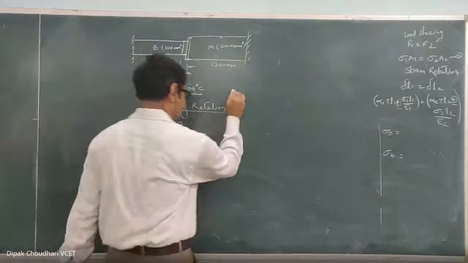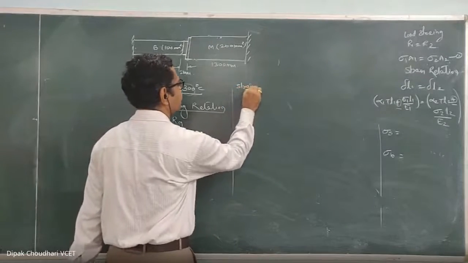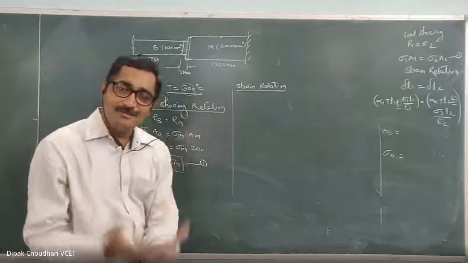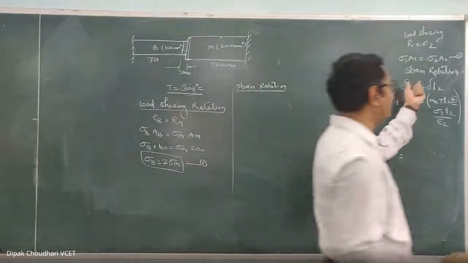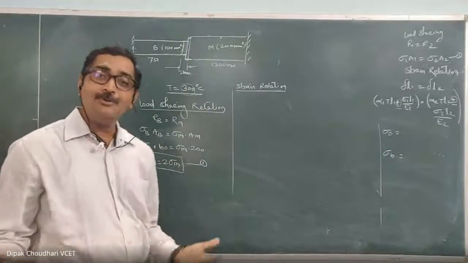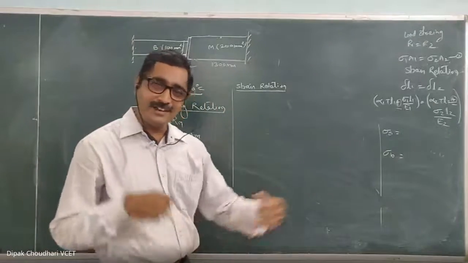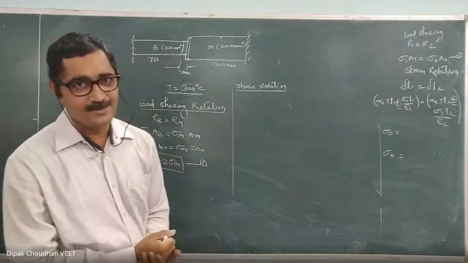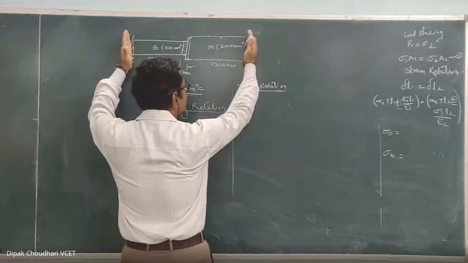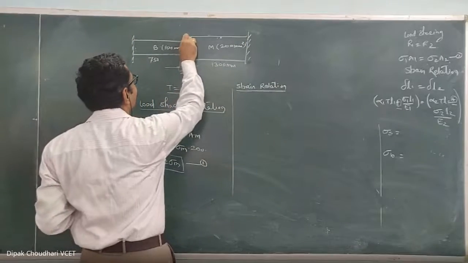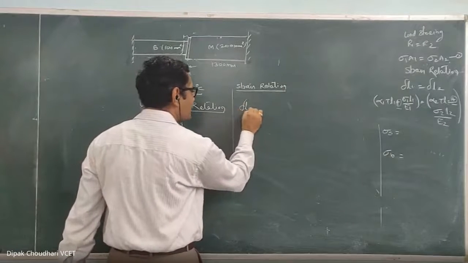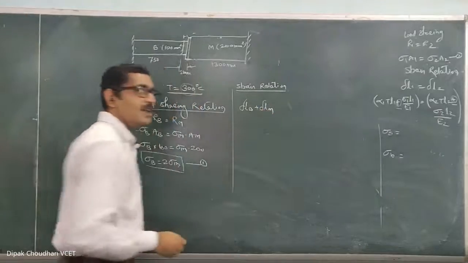Okay. Then strain relation. Now here you have to remember, I told you that we are writing the strain relation, but it is actually the relation of their deformation. In the last sum, this arrangement was different. In this question, the arrangement is different. They are connected in series. Okay. So because of the change in temperature, whatever deformation will happen, these supports are the rigid supports. Here, whatever deformation will happen, the final deformation of both the materials, what relation can we write in that two? So we can write down the deformation of the brass plus deformation of the magnesium at any temperature.